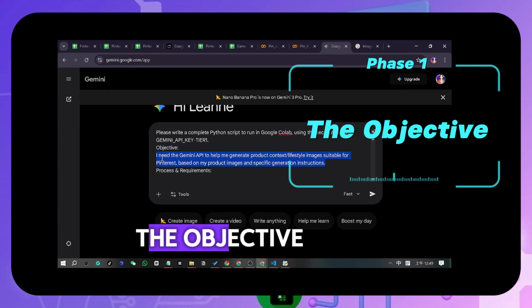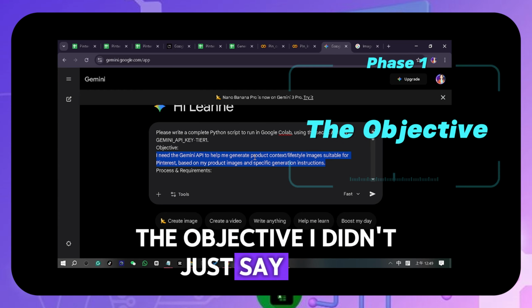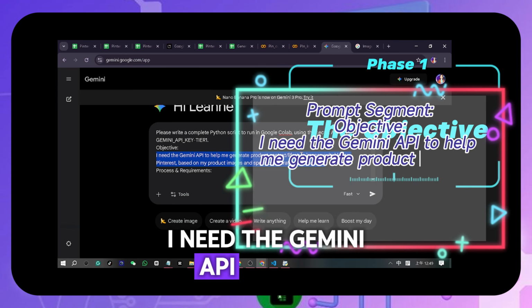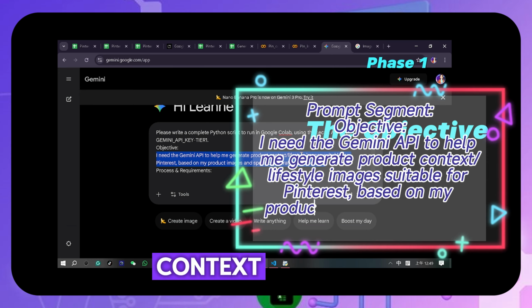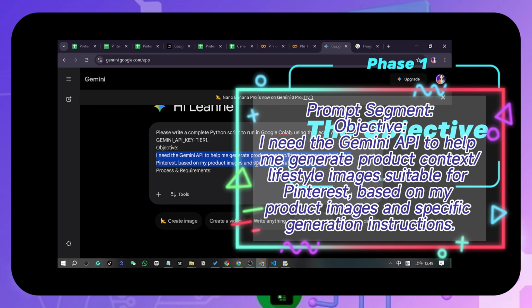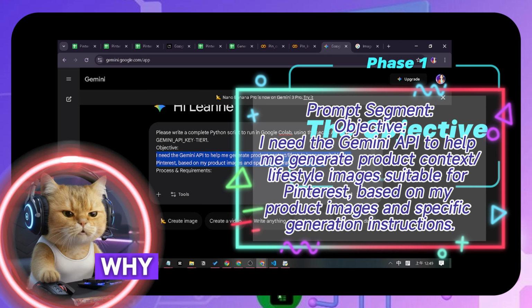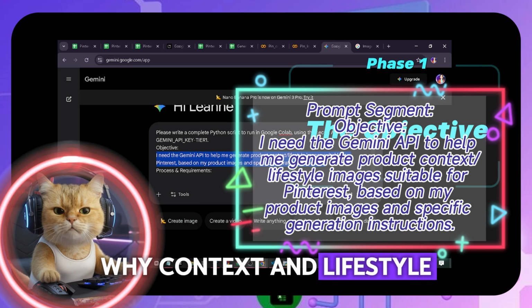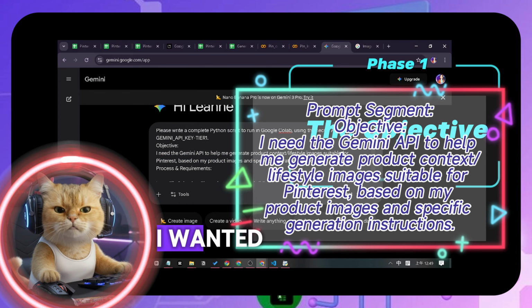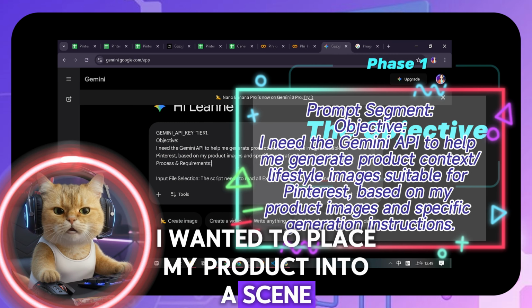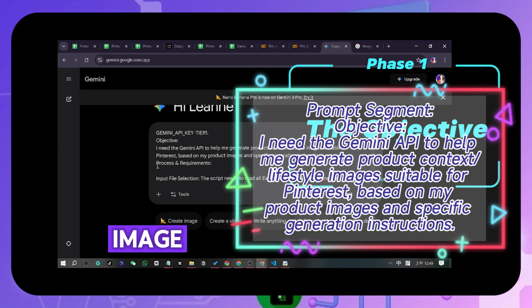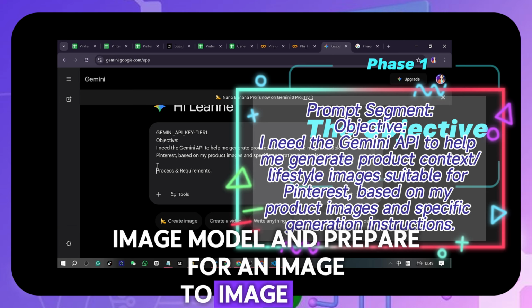Phase 1. The objective. I didn't just say make me a picture. I wrote, I need the Gemini API to help me generate product context lifestyle images suitable for Pinterest based on my product images. This sets the mission parameters. What context and lifestyle? Because I don't want the AI to just describe my product. I wanted to place my product into a scene. This one sentence tells the AI to load the Gemini API image model and prepare for an image-to-image task,